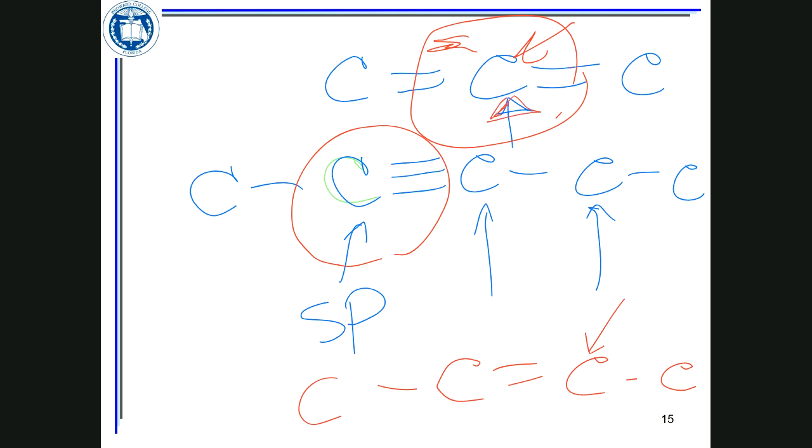A carbon with 1 pi bond, this is a double bond, but is only 1 pi bond, is going to be sp2. Now, if you have a carbon that has no shown double bond or pi bond at all, if it doesn't show, that means there are hydrogens, and hydrogen can only form single bonds. So it's 4 single bonds, and 4 single bonds is called 4 sigma bonds. So this is going to be sp3.